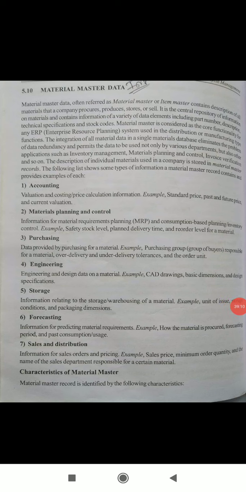So material master data, often referred to as material master or item master, contains descriptions of all materials that a company procures, produces, stores or sells.